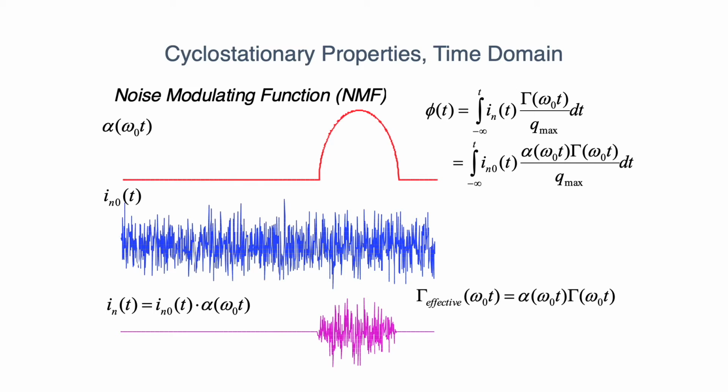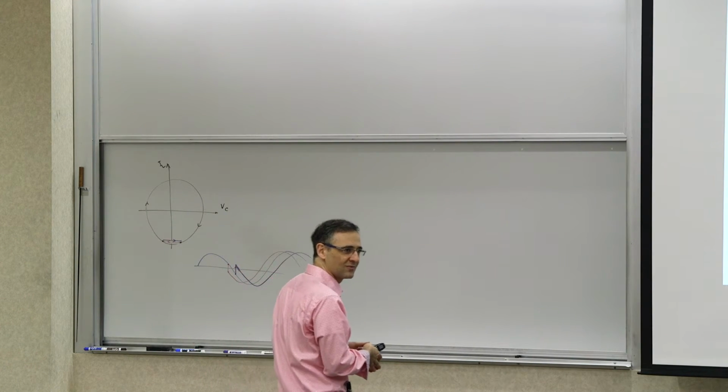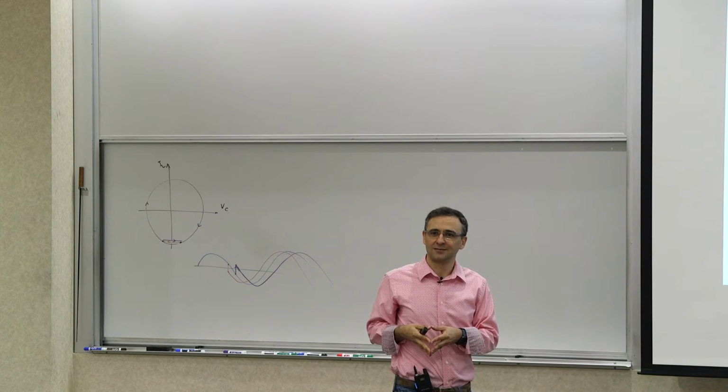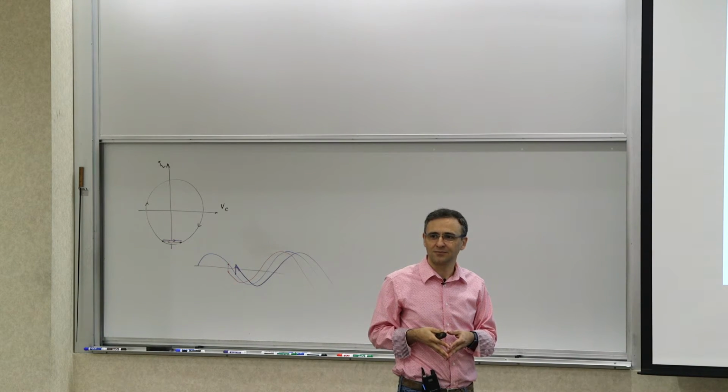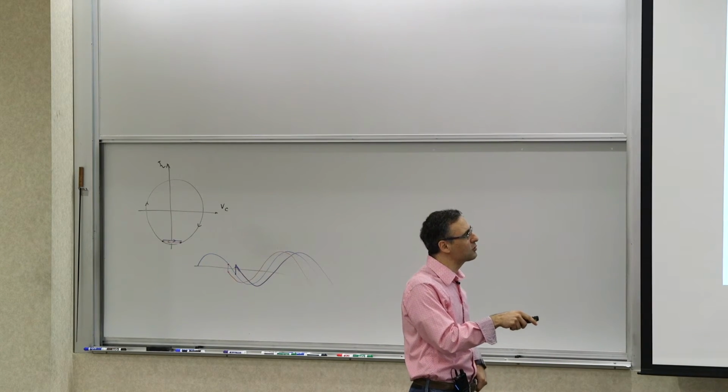Now, if you take this and plug it into the master equation that we have, you will see that if you write it as the product, you now have the product of two deterministic functions: the NMF, the noise modulating function, alpha, and the gamma, which is the ISF. So now you can think about this as an effective ISF, a new ISF. It's as if I have stationary noise with a new ISF, which is what we call the effective ISF. So you take that deterministic modulating function and absorb it into your ISF and define this